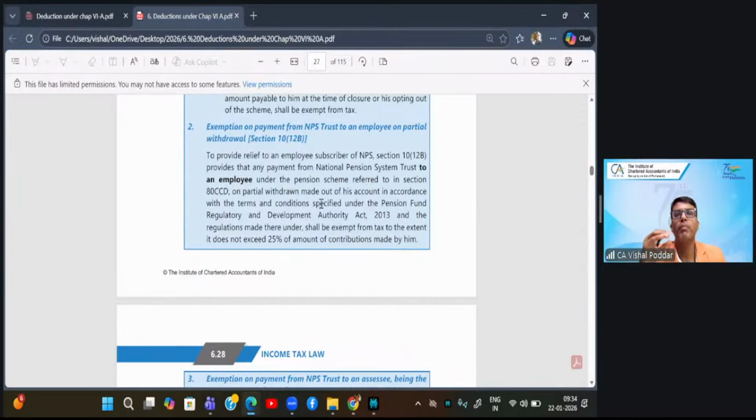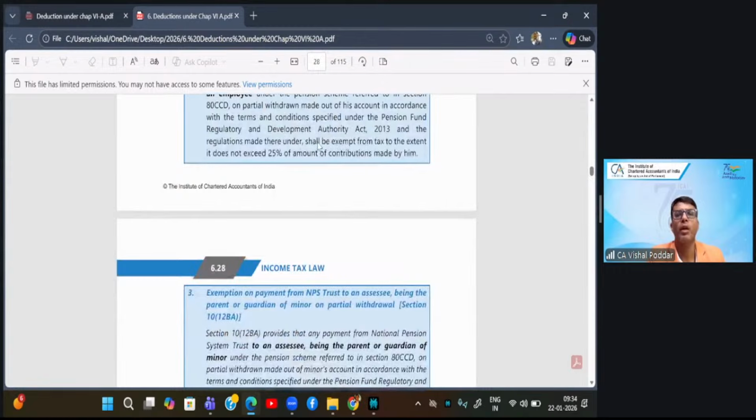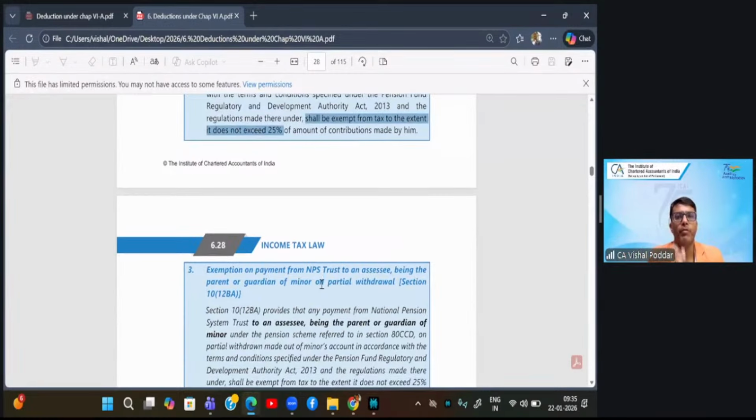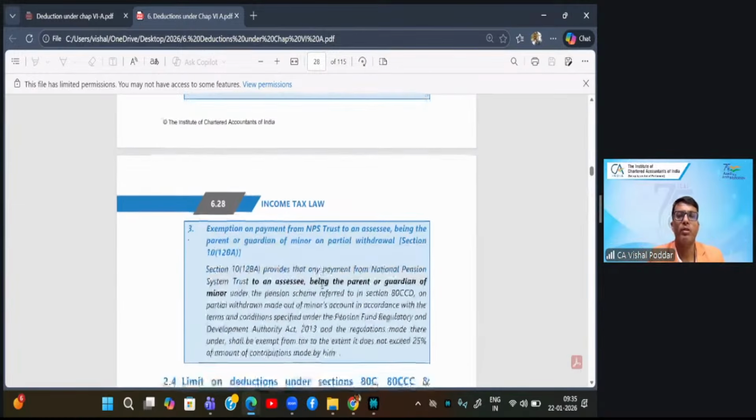When you are making a premature withdrawal, your account is still going on, you are still in employment, but you need money. In such cases, exemption will be up to 25%. So, if on closure of the scheme you are withdrawing, up to 60% is exempt. If while the scheme is going on you are withdrawing in between, which is called premature withdrawal, then